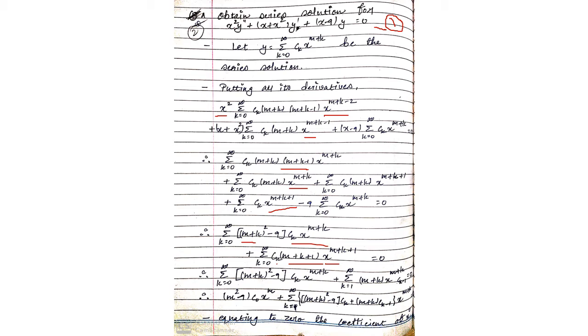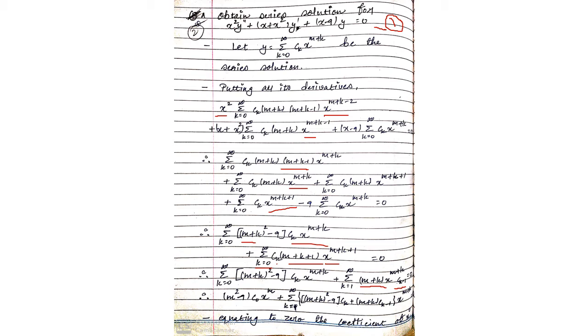So for that you have to take one case for the k. So in place of k I am putting k equals to 1. Okay, so put here k equals to 1, k minus 1 equals to 0, so it will be summation k equals to 1 to infinite. In place of k I am putting k minus 1, so plus 1 minus 1 cancel, so m plus k only I have written here, and x raised to k minus 1 plus 1, again minus 1 plus 1 cancel, so the remaining term will be m plus k, and ck in place of k, so that will be ck minus 1 with k equals to 0. Okay, so now you can see that both these terms have a similar power.